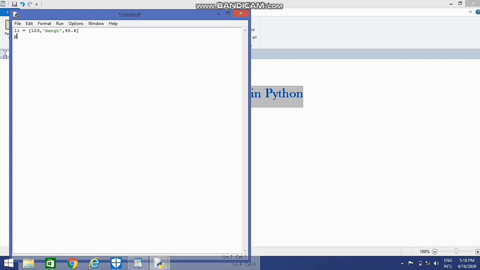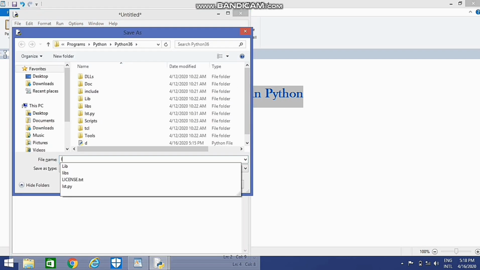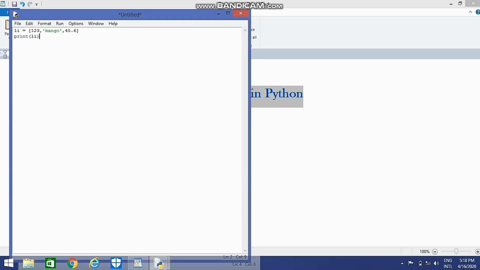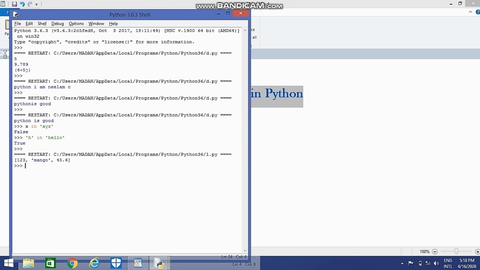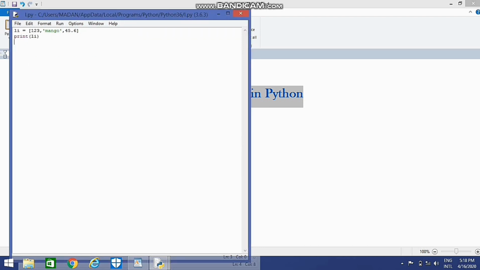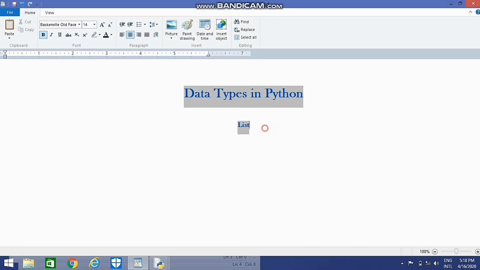You can see I have opened the file and I am taking a list. Its name is li and I am saving it, and yes, I have taken 3 values. Now print it. You can see it is giving output in square brackets.